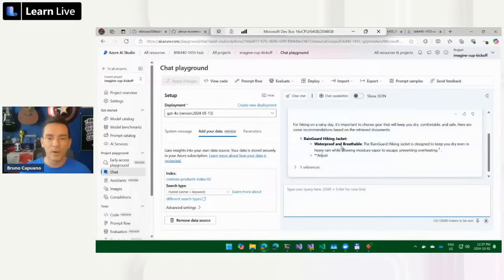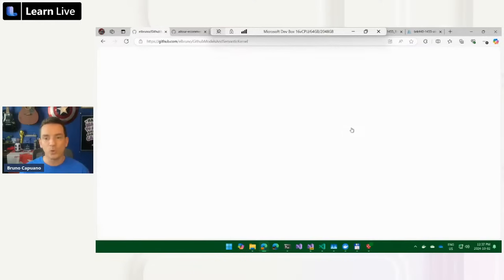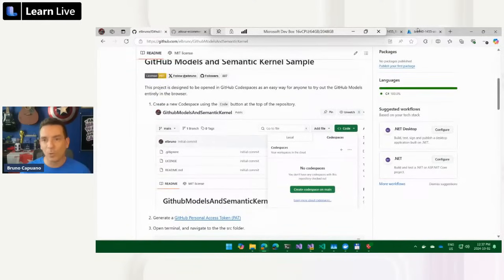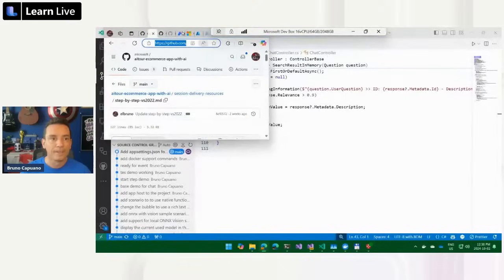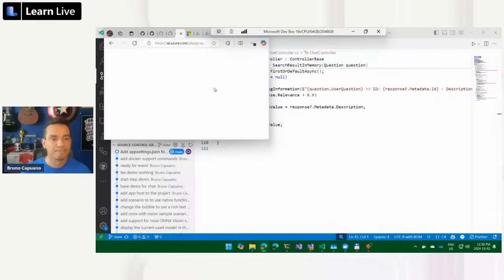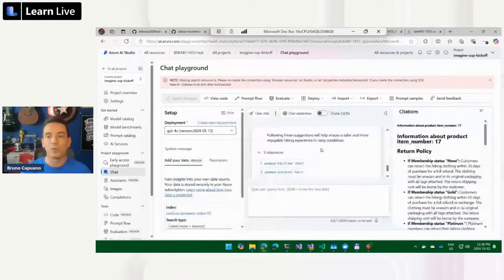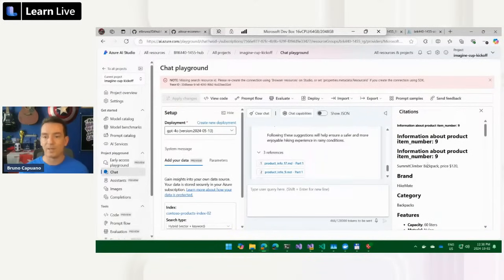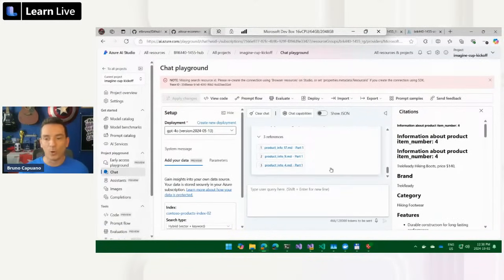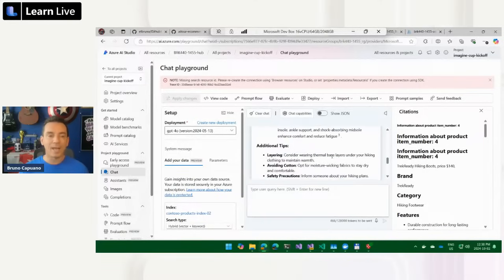So when we do this query, it's also going to say, hey, for going hiking on a rainy day, it's important to choose gear. It's going to show a couple of things. Oh, let me switch again to the response, but it is also going to give me some reference to the products that we are talking about. So let's go to product 19, which is a backpack, or product 4, which is a hiking boot. So I can do this search. And by the way, what we have here is basically,